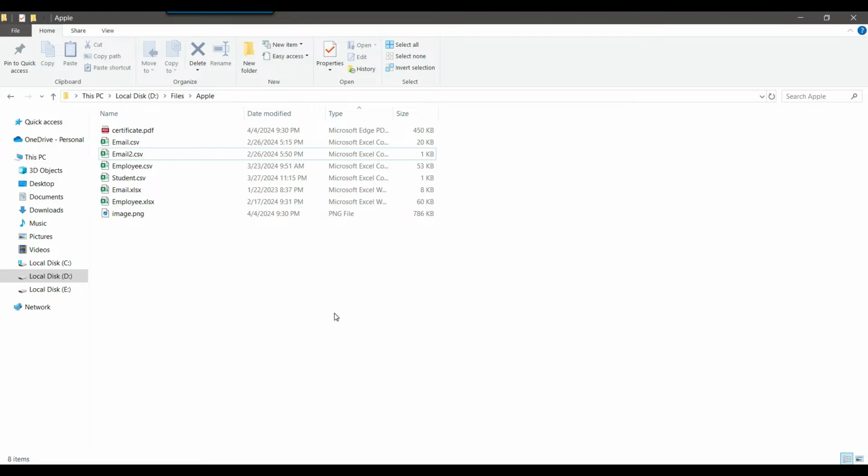We have several third-party software like WinRAR, WinZip, 7zip as well. WinRAR and WinZip are paid software, so you need to purchase the license for them if you are using them on a server. However, 7zip is open source and you can use it without purchasing any software. But in this video we will use the .NET classes to zip the file. So we don't need to purchase any license for this particular zipping method. So without wasting further time, let's jump to the demo.